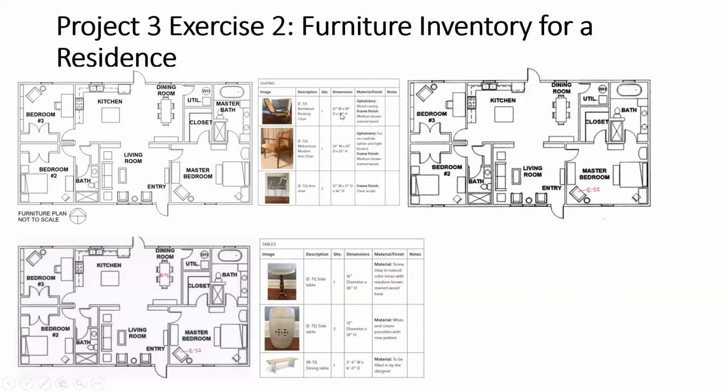So in this exercise, you've also been provided a multi-page furniture inventory. There's just one screenshot here, but you've been provided photographs of some of the client's favorite pieces, as well as a key designation. The E stands for existing, the S stands for seating, since this is the seating category, number 1. So this is the first chair, ES1. They have a few different chairs that they want to incorporate, as well as tables and storage pieces. So what you're going to do is look through their furniture inventory, look at this furniture plan, and then you as the designer decide where you're going to put what pieces of furniture.